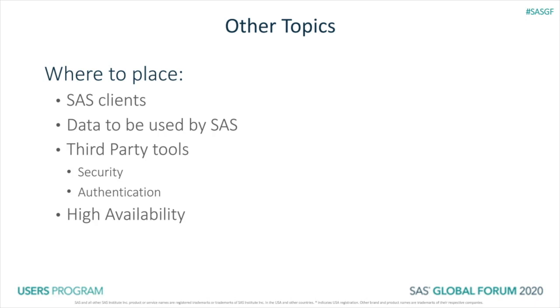When we start peeling away the layers of the onion to be able to figure out what's going on, we realize either their authentication tool is still on-prem, but everything else is in the cloud. SAS is in the cloud, but their source data is on-prem, or their source data is in a different region within the cloud. All kinds of things like that do it. So you have to be very